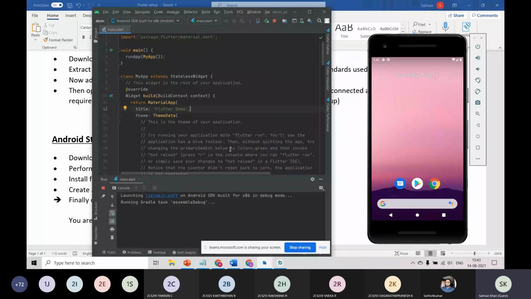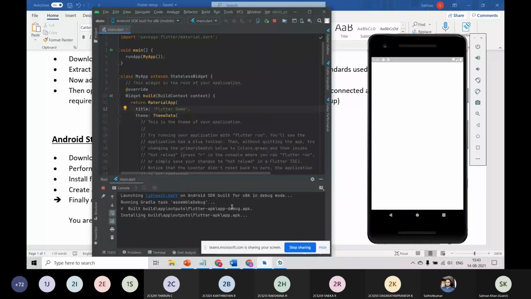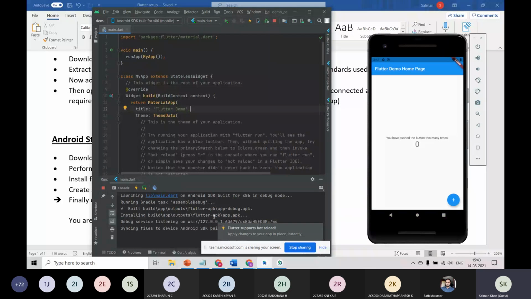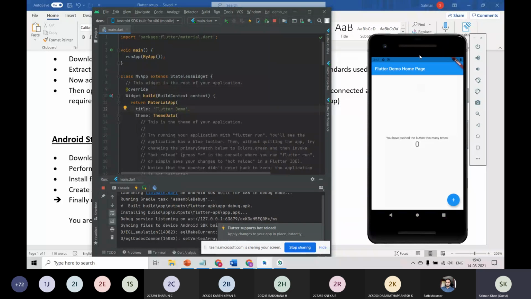Initially, during this debugging process, the entire speed of the debugging or compilation mode is completely based on your system. If you use 8 GB or 16 GB RAM, it will be quite fast. Or if you use 4 GB RAM, it will also work, but your computer may hang a lot sometimes. So see, I have 8 GB RAM, so it got compiled fast. So it is a sample application automatically generated by Flutter whenever we create a project.